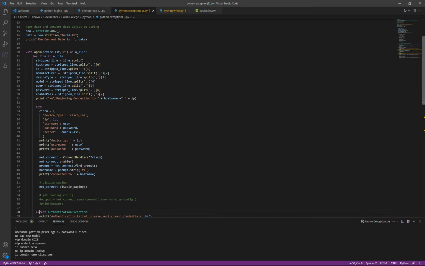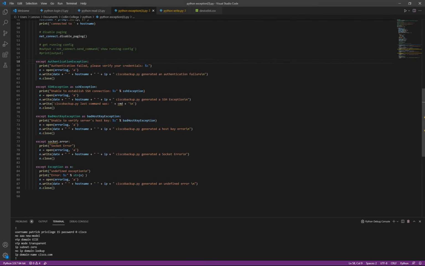So what I'm going to do is every time I throw an exception, I'm going to open the file error log, and I'm going to write the date followed by the host name with spaces in between both variables. Then I'm going to concatenate the IP address, and then I'm going to say my program Cisco Backup Pi generated a failure followed by the failure type. So depending on which exception I throw, I'm going to write to my text file that you threw an exception. Because if you're trying to read the terminal and everything, there's a lot going on. So I'm going to write something, then I can go back and look at my log file and check and